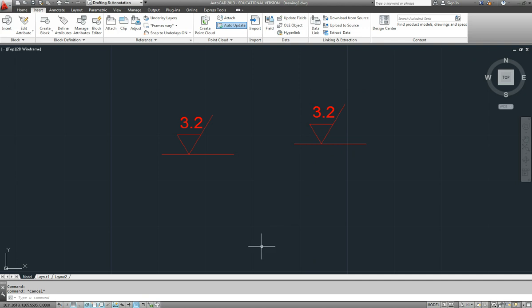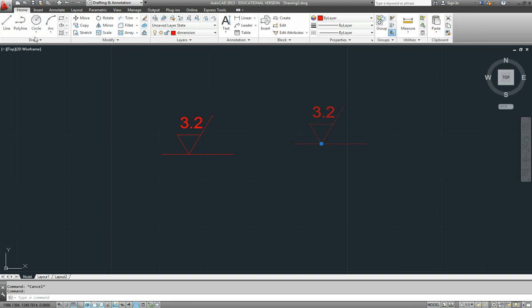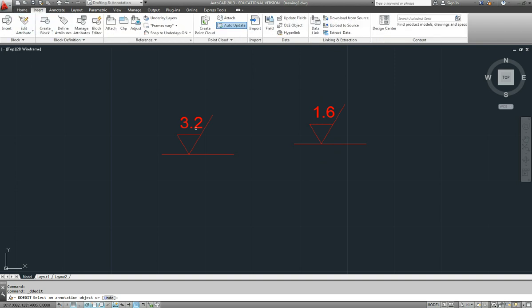Now, if we want to change that block, there are two ways we can do it. We can either explode it, which was back on our modify menu. Here it is up the side. Explode that, and that makes it an original drawing as opposed to being one entity, but it's cut off its connection with the block. But we can then go and change that and make it into a different symbol and then make a block of that. Now if we make a W block as opposed to a block,